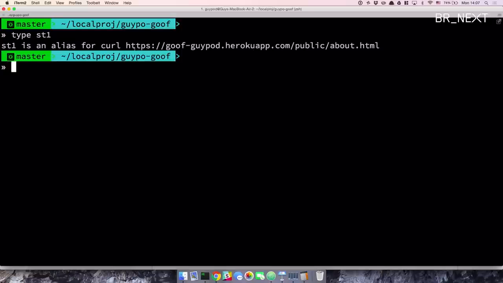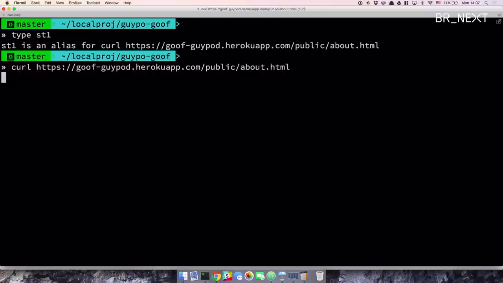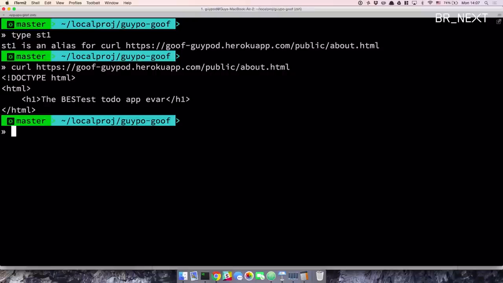So what happens is, if we have some aliases to save some typing, we do a curl and fetch the about HTML page. We're switching to the terminal because the browser has all sorts of convenience features around normalization, things like that that get in the way of attackers. So we can get the about page through here as well. And as an attacker, if I know or suspect there's a directory traversal attack, then the first thing I'm going to do is try to break out of the static file folder. These are components that are supposed to serve a set of static resources, but you don't want them to serve more than those resources. So I will put a //